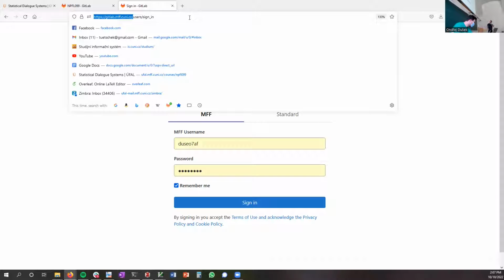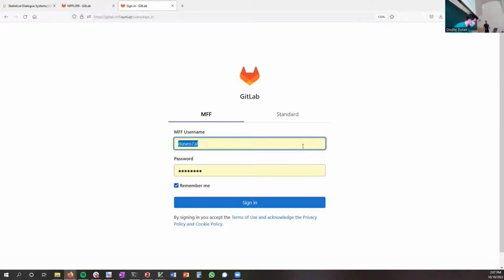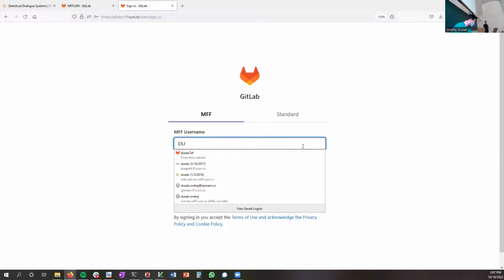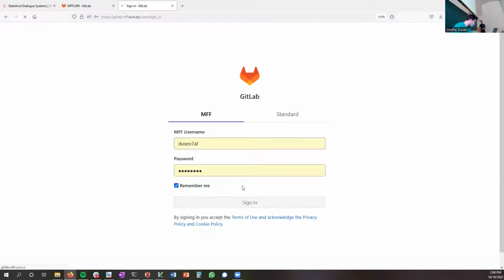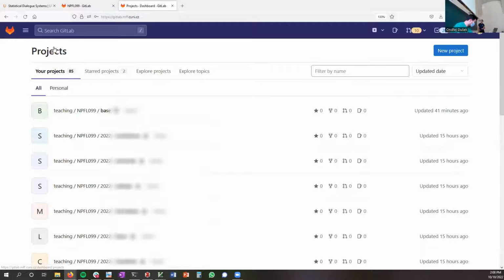So you can find gitlab.com, but this is not the one. You can see the URL address. So it's gitlab.mff.cz. And since you all should have a login into the central administration system, this login should also work for this website. So you should be able to log in. There is also a small short guideline linked from